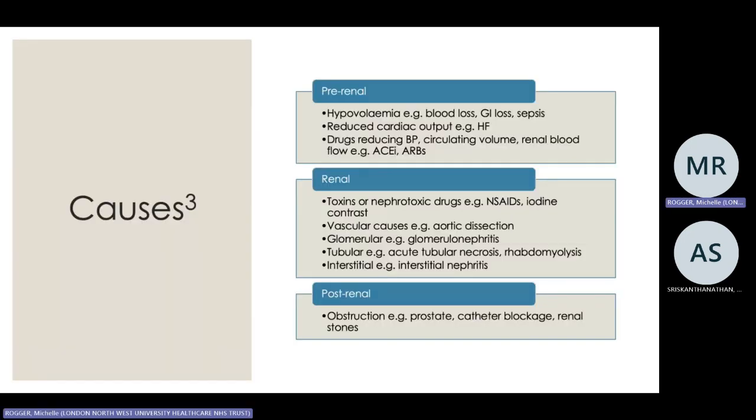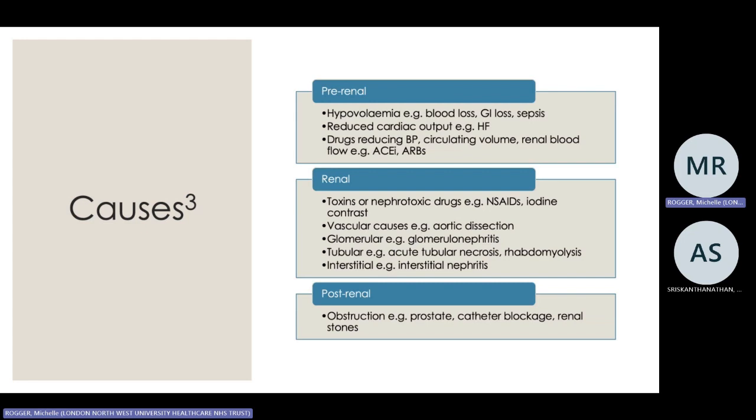Okay. So moving on to causes of AKIs, they can be divided into 3 sections: pre-renal, renal, and post-renal. Pre-renal, so that's things like hypovolemia. The kidneys aren't getting enough fluid, not getting enough blood. So that's blood loss if there's a trauma, GI loss such as diarrhea and vomiting, or sepsis. Other things like reduced cardiac output, so someone who's got heart failure. Drugs that reduce the blood pressure, circulating volume, or renal blood flow. Things like ACE inhibitors or